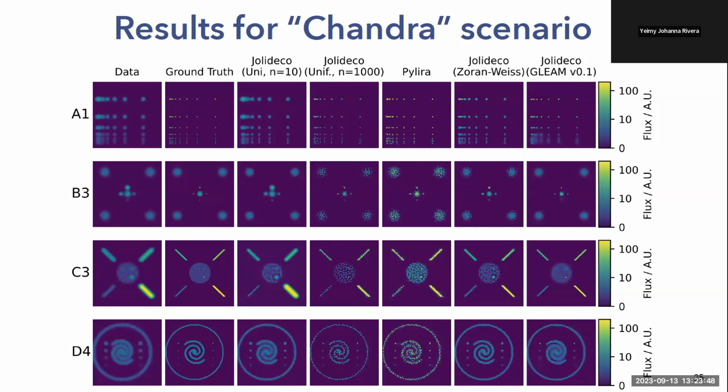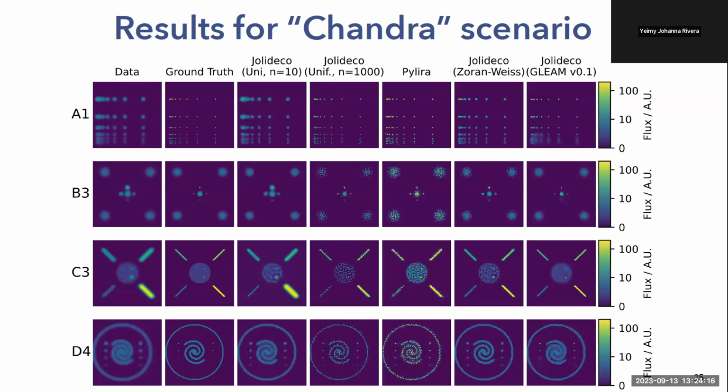Then the prior here learned from the everyday images. You can see that the point sources are not very sharp, and I think this makes a lot of sense because point sources are not very common in everyday images, like images of cars and landscapes, let's say. But it works better in the case of extended sources, so it does not decompose those extended sources as badly.